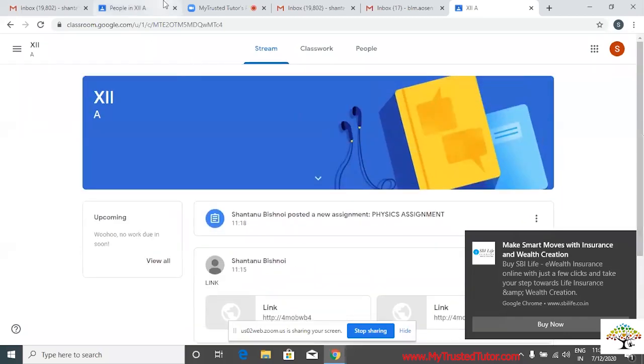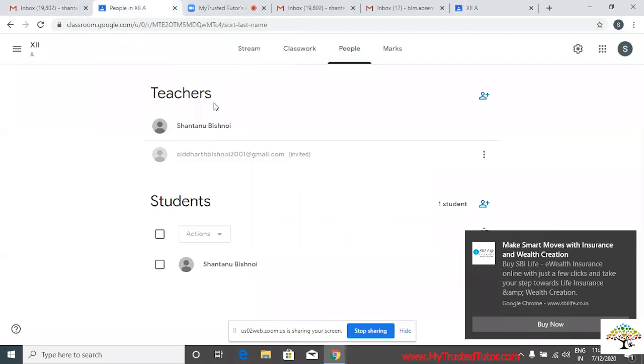So it's always better to share things via email, because that is the most proper way, I believe. And this is the class code option which I have told you. This is a shortcut way. If you don't have time to select all the emails, then you can use this class code. Otherwise, it's always better to invite via email.